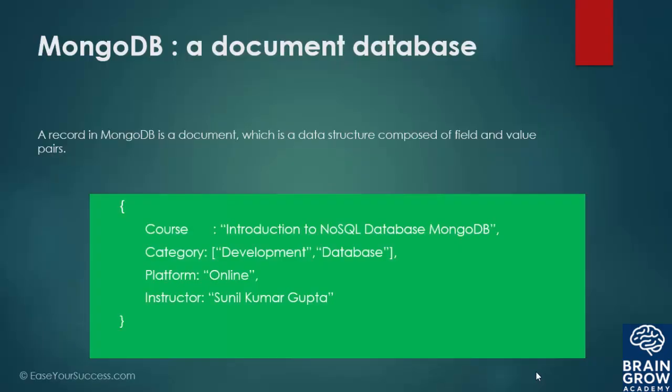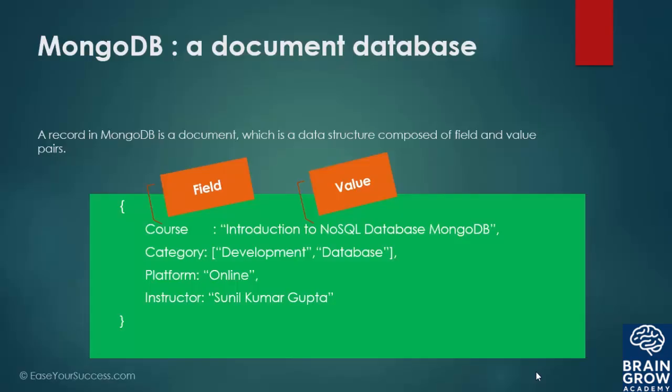See, this is the format of a document in MongoDB. We store a document in opening and closing braces. So here course is the field and the value is introduction to NoSQL database. We are storing field and value, so the field will correspond to the value. If you want to get the value for a particular field, we just need to provide the field ID